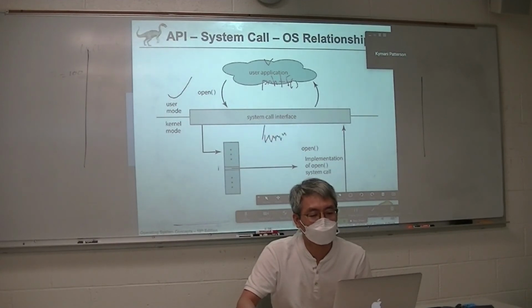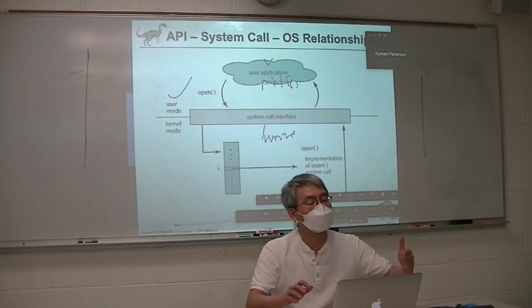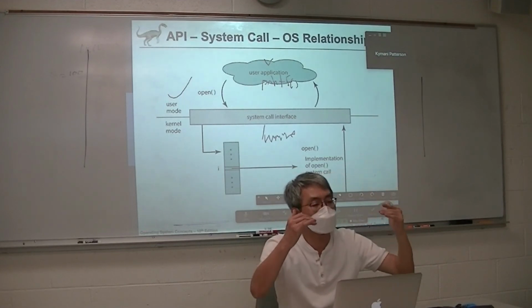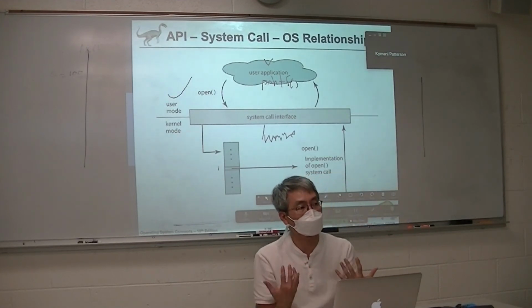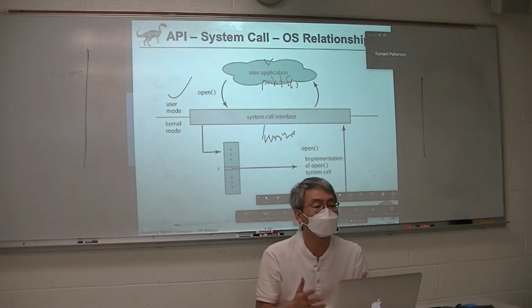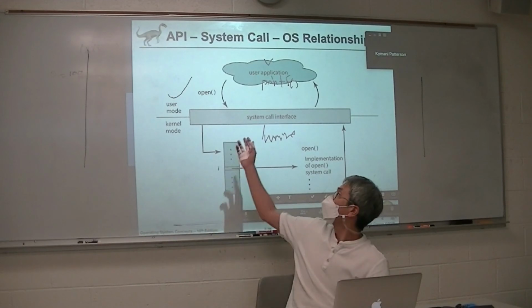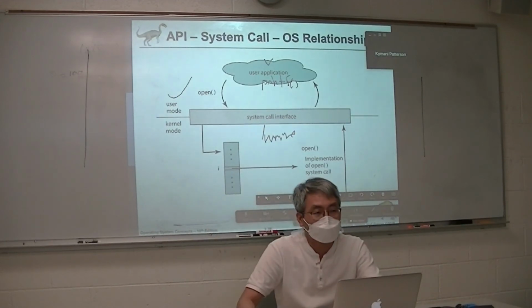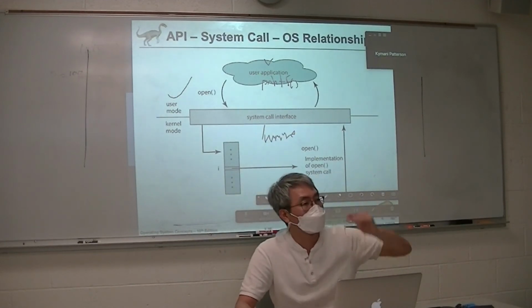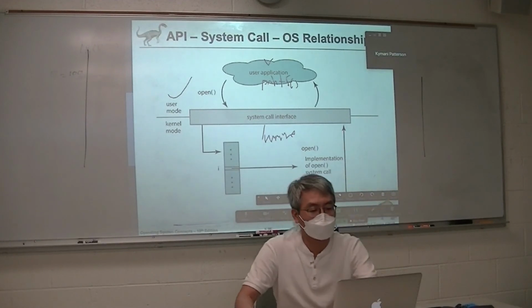So write. Then the program, which is currently in user mode, changes to kernel mode. Then it writes something. After that, it goes back to the user mode. This is the basic flow, and it will happen a lot, the back and forth in your programming.